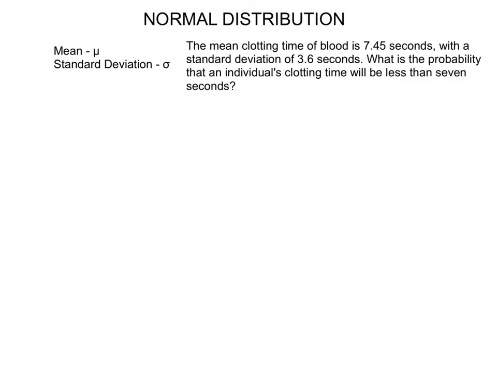Let's look at this example so that we can understand exactly the type of problems that we're looking at. The problem reads, the mean clotting time of blood is 7.45 seconds with a standard deviation of 3.6 seconds. What is the probability that an individual's clotting time will be less than 7 seconds? So this is what I'm talking about. We are given the mean, which is 7.45 seconds. So mu is 7.45. And we're given the standard deviation, which is 3.6 seconds. So sigma is 3.6. And the question asks, what is the probability that the clotting time will be less than